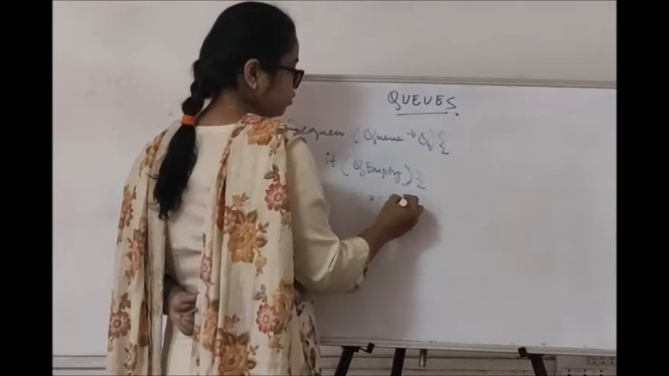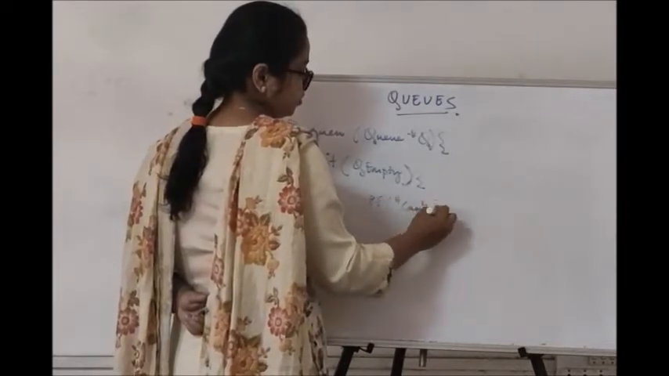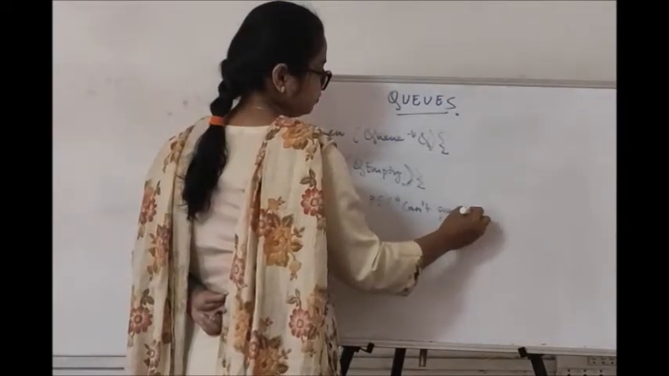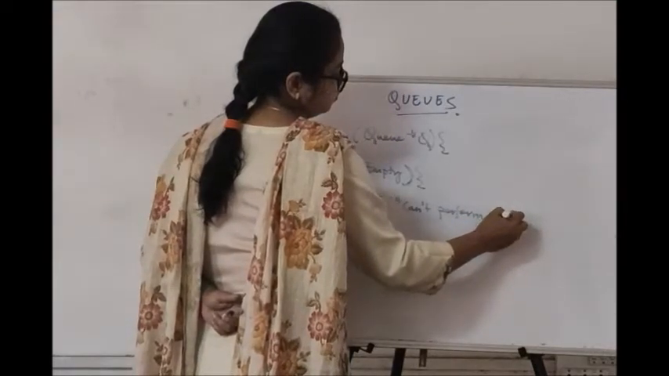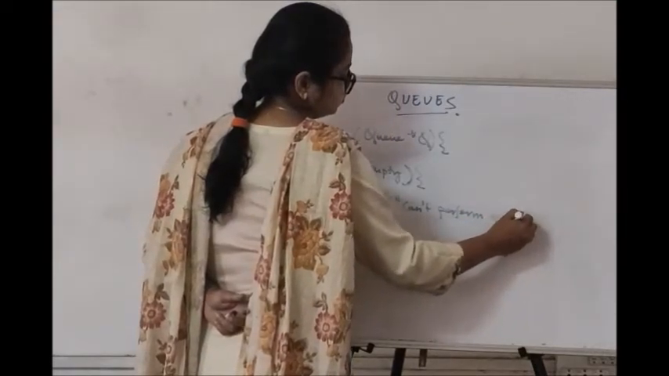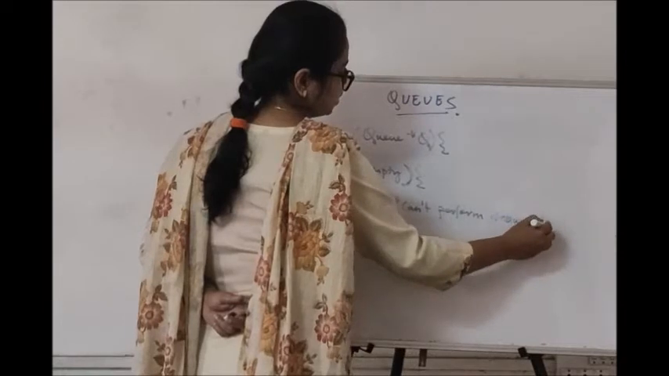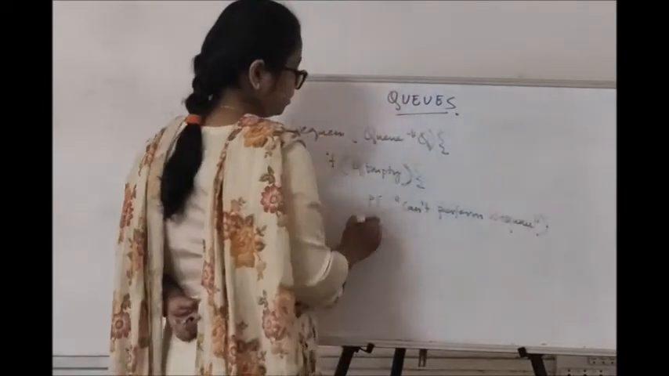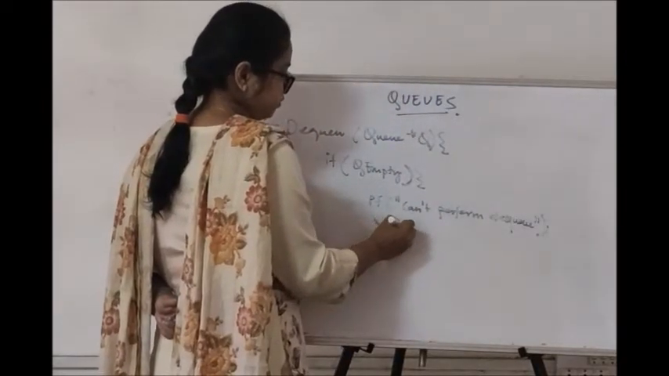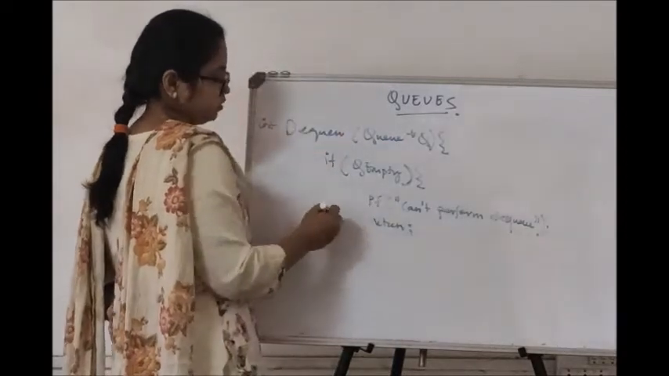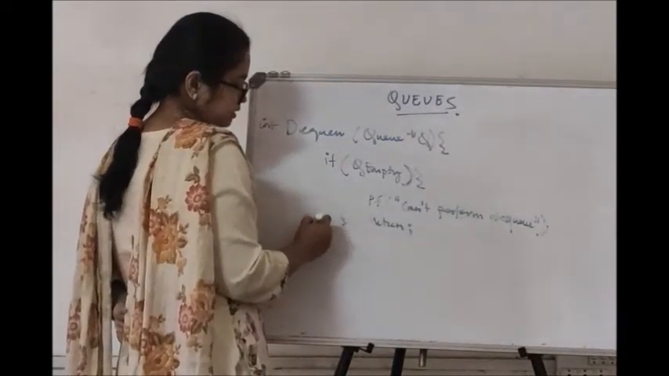Printf: cannot perform DQ. It will print that it cannot perform DQ, and it will simply return without doing anything. Okay, return. Else